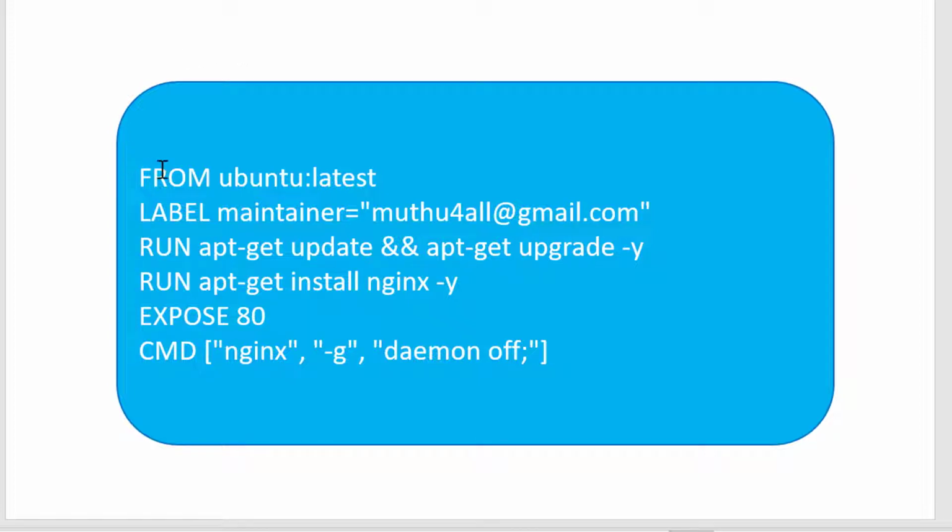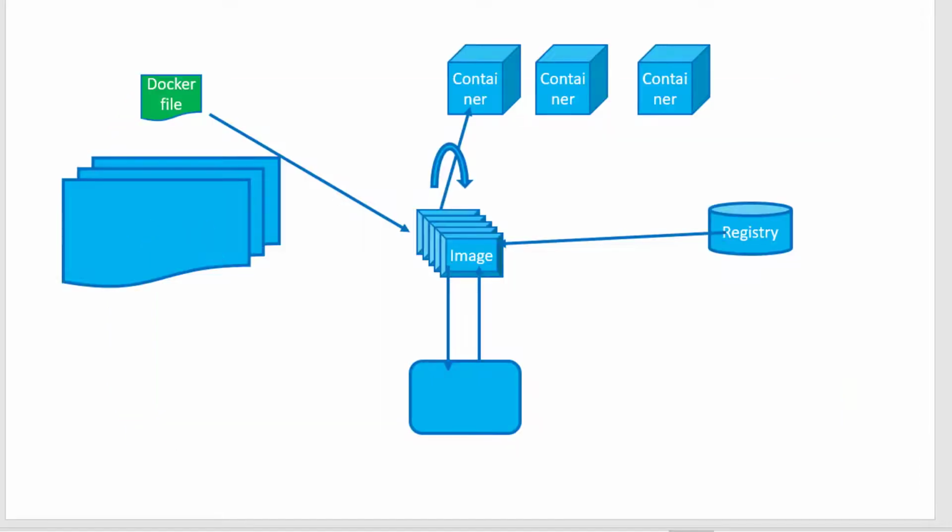So all this, from LABEL, RUN, EXPOSE, CMD, we call it an instruction or a verb used within the Docker file, and there are a lot more to it. We are going to have a detailed discussion on each and every verb and how to use them. This is a quick demo where I will be providing these instructions. Against each and every instruction, it is going to create n number of layers, and all the layers will be stacked one after the other, and it is going to provide me a custom image.